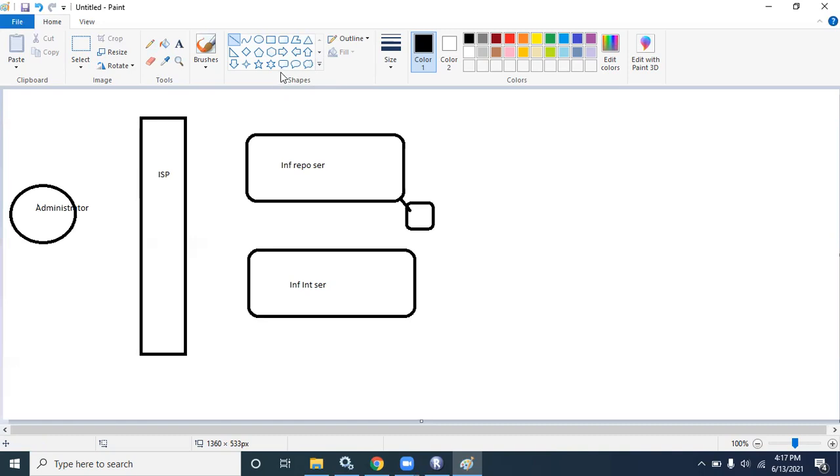This is the key of the Informatica repository service. It will store it again in a database. I'll show you, no need to worry. It will give the response to the ISP, take the response, and also give the response. Between the two services, they will communicate with each other.